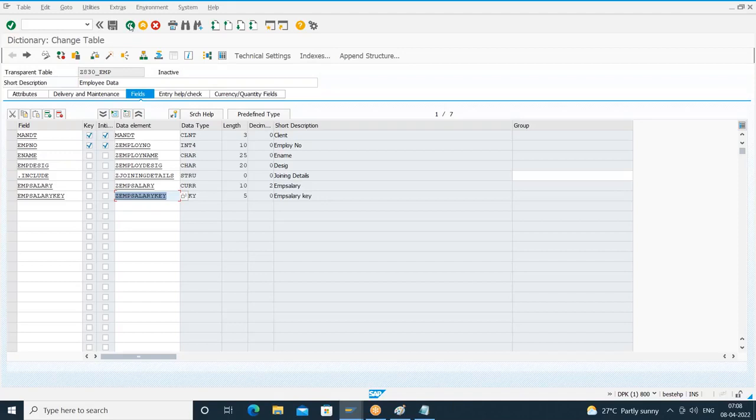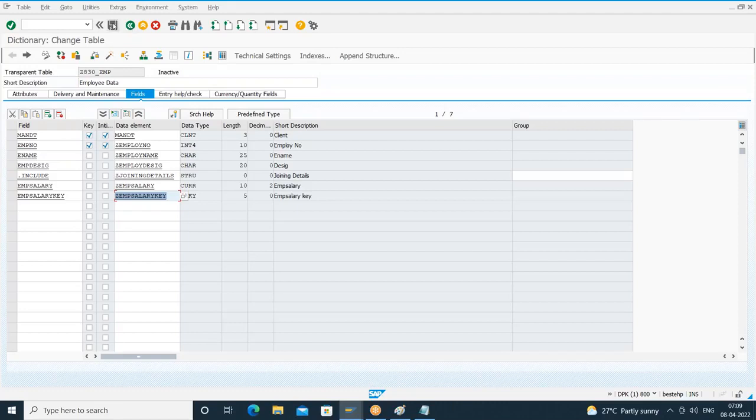Why am I forced to use CUKY? Because if your database table field or structure field contains any field whose data type is currency, we must specify the reference table and reference field. The data type of the reference field should be